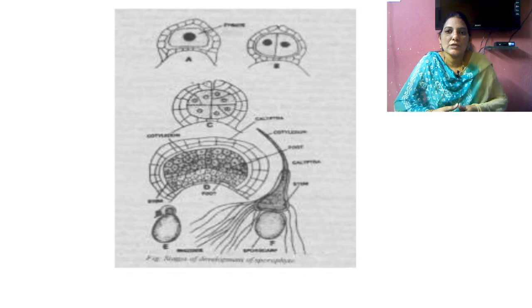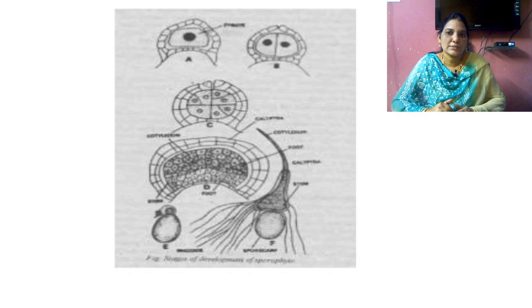So here the venter canal cell again divides into 2 cells, and the upper cell is called venter cell and the lower cell is called X cell. So the 4 cover cells and 4 to 8 neck cells arranged in 2 rows are at the neck part, and below the neck cells the venter cell is also present. Below the venter cell the X cell is present. So the total structure of the archegonium is completed.